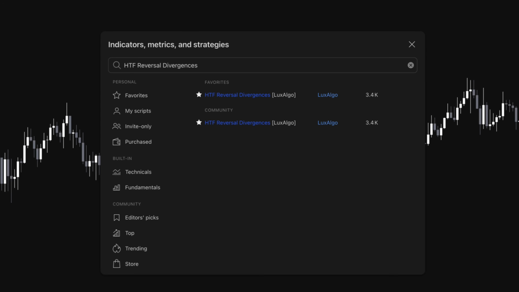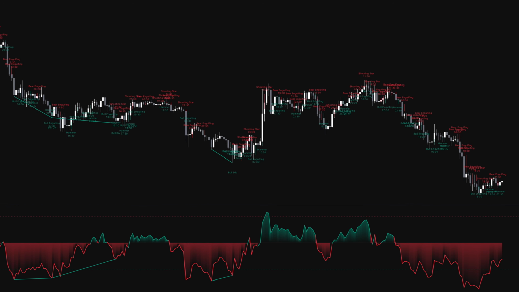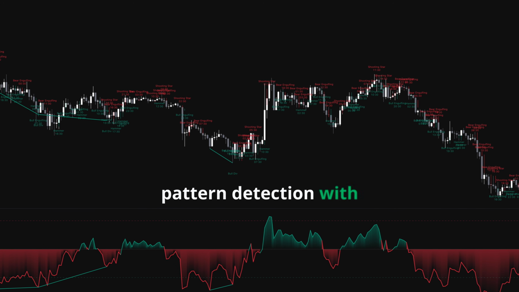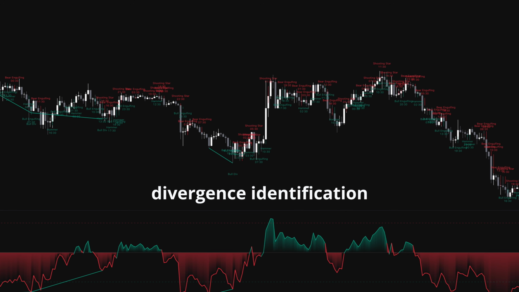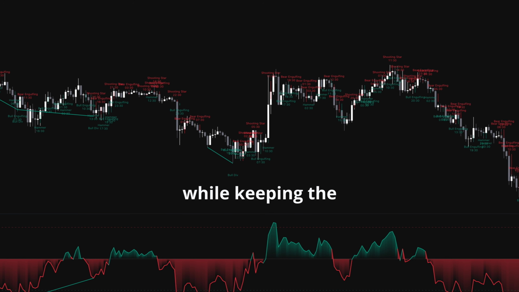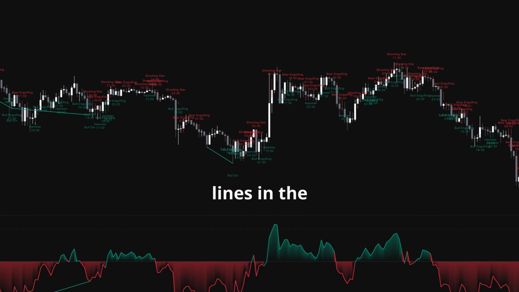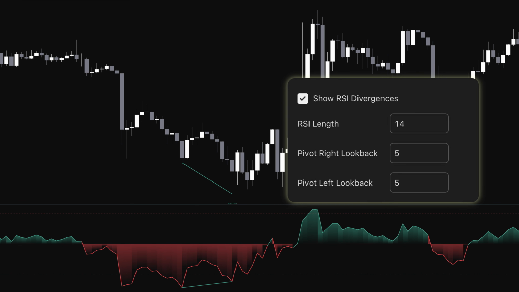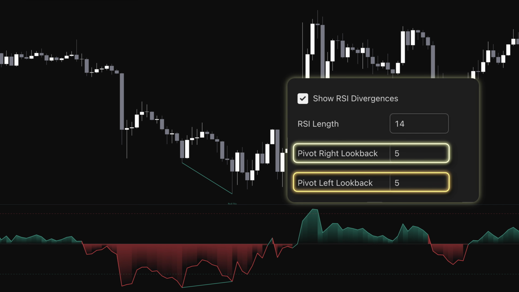HTF Reversal, Divergences, created by LuxAlgo, is a separate pane RSI indicator that combines higher timeframe candlestick pattern detection with RSI divergence identification, overlaying the pattern visuals directly on the price chart while keeping the RSI and divergence lines in the indicator pane below. The RSI divergence logic uses pivot highs and lows with adjustable left and right lookback periods